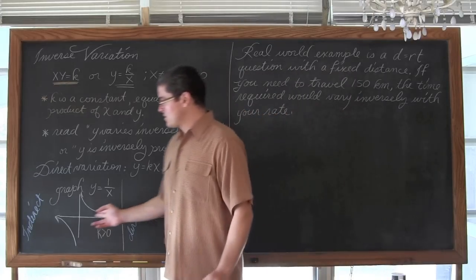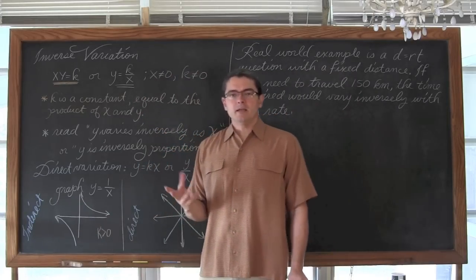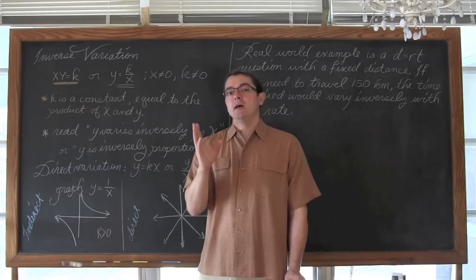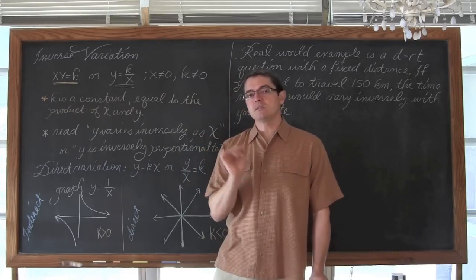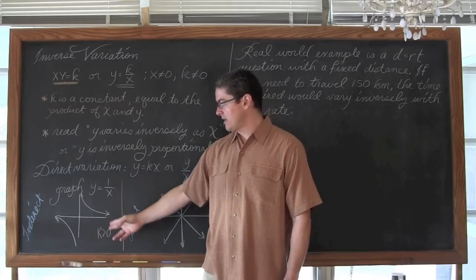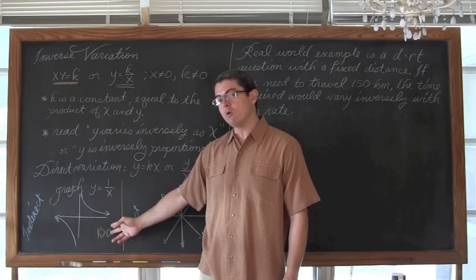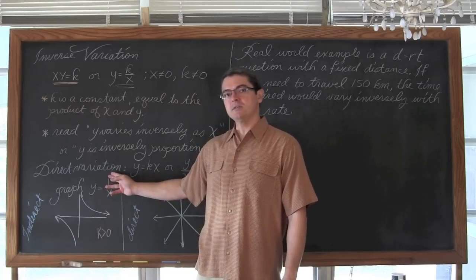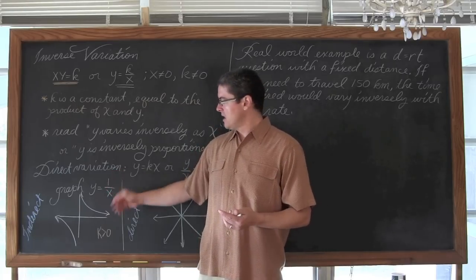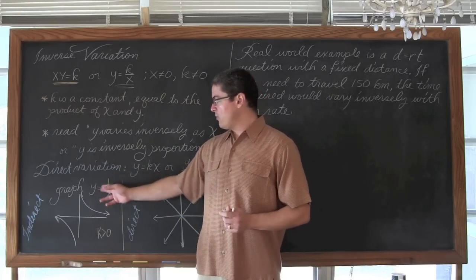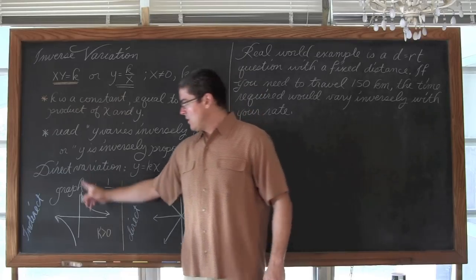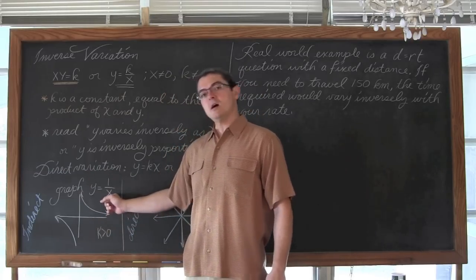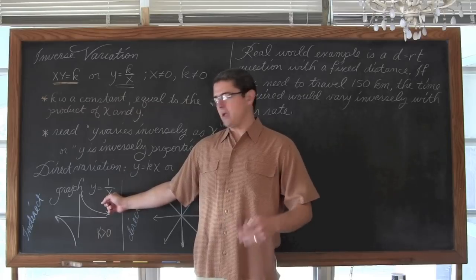Whereas in inverse variation, if k is positive, as x increases, y decreases, but that's only when k is positive. I've only done the example graph for when k is positive, by the way. But you have y equals a constant, I've just picked one out of convenience, over x. Now when you graph y equals 1 over x, you have a vertical asymptote where the denominator is equal to 0 because it can't be canceled out.